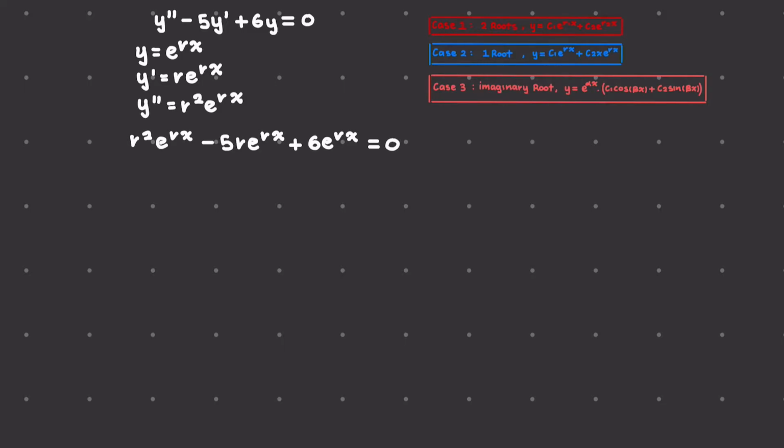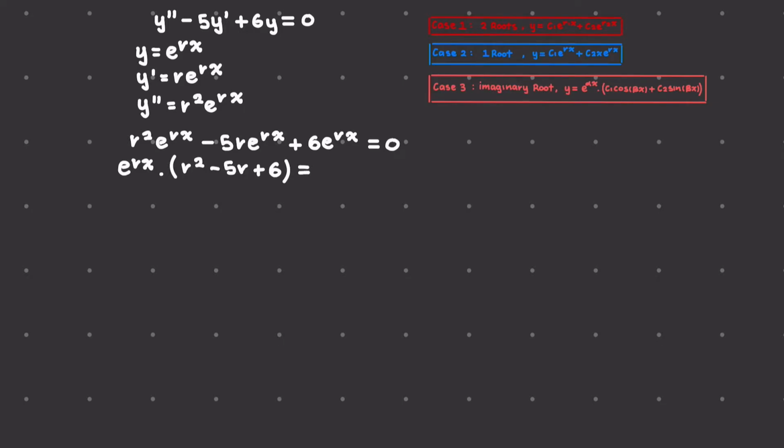We can see right here that we can pull out all of our e to the rx, which gives e to the rx times (r squared minus 5r plus 6)